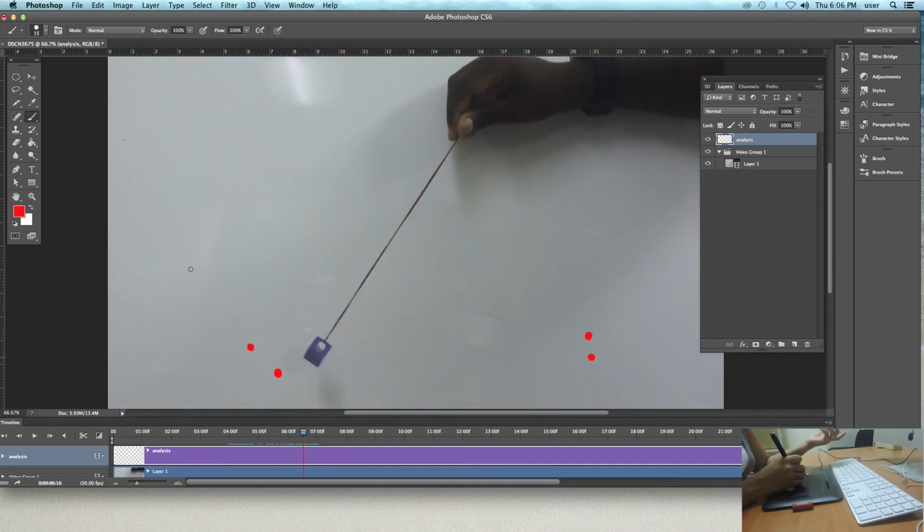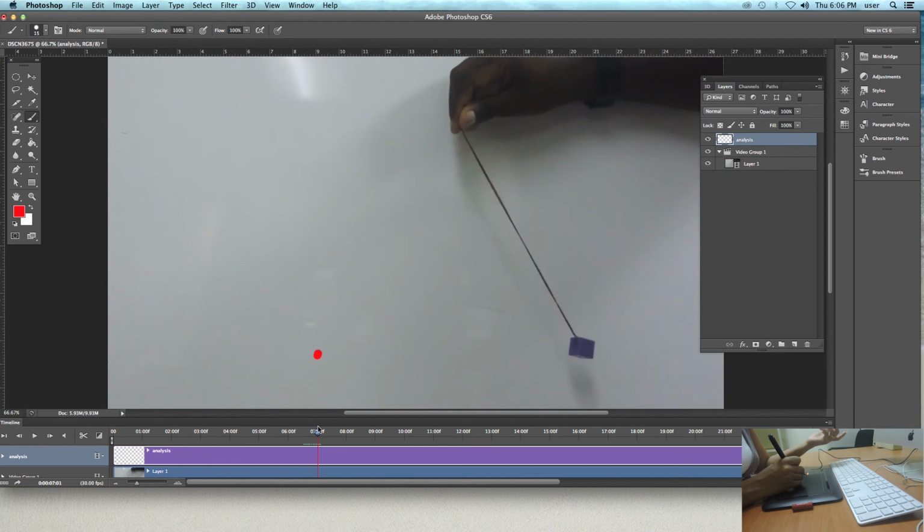All right, so let's erase again, and we should get a better form of analysis now. So I'm going to mark off where it starts, it changes direction, mark it again,